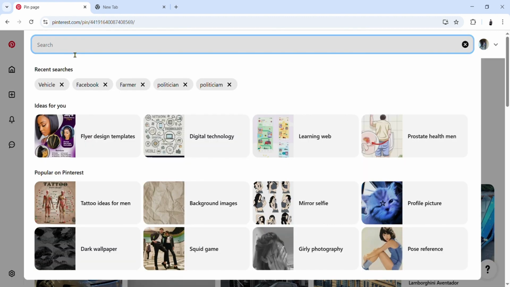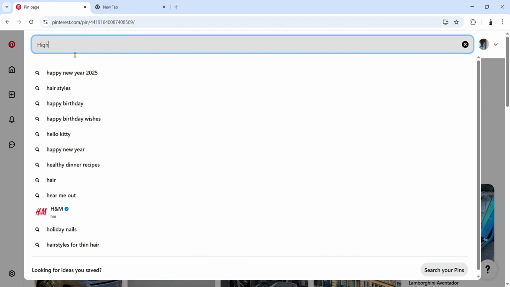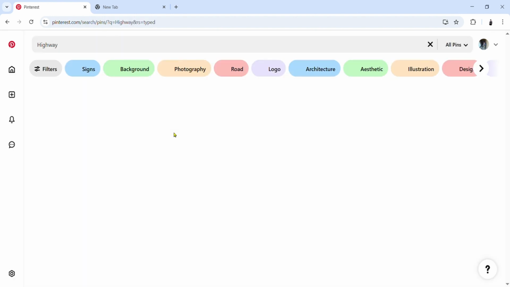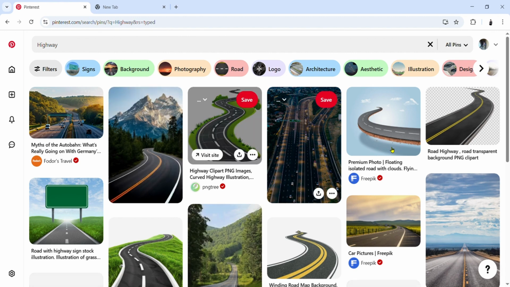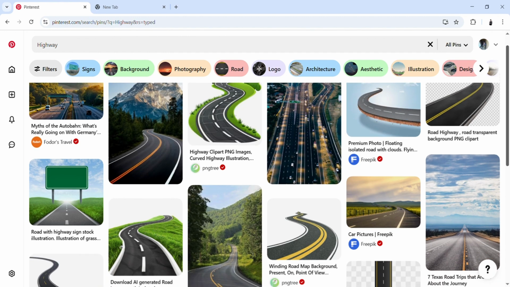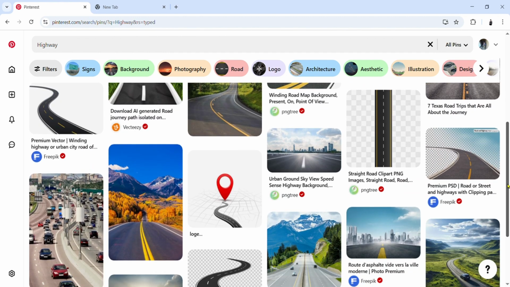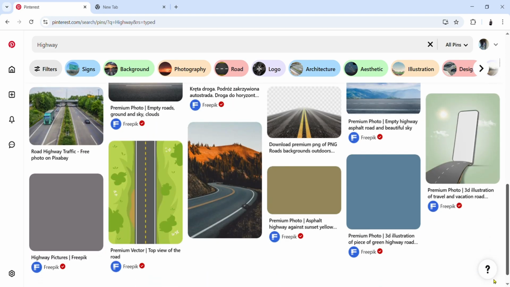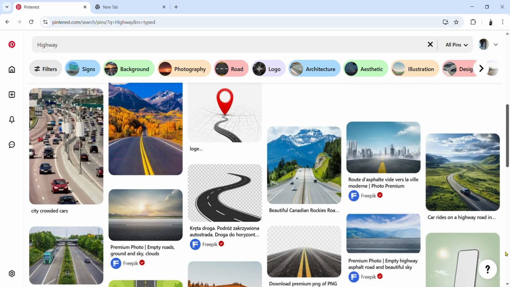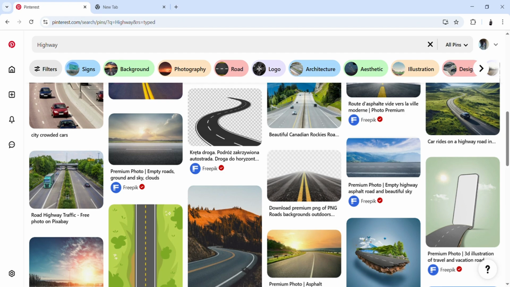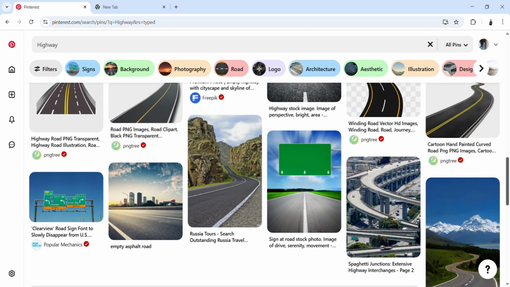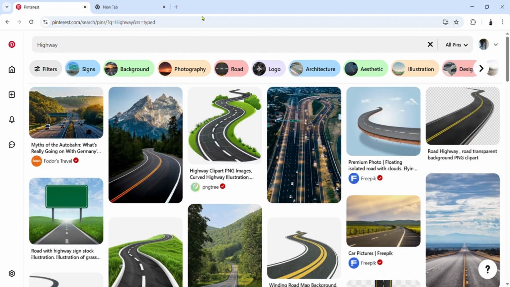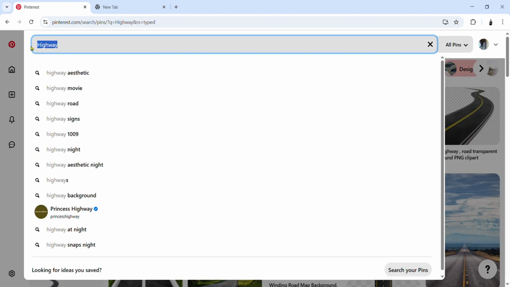Let's say highway. You see, these are all available here that you can use. Very beautiful photos. So if you are looking for an inspiration for anything, just come here. You absolutely see it. Let's say food,